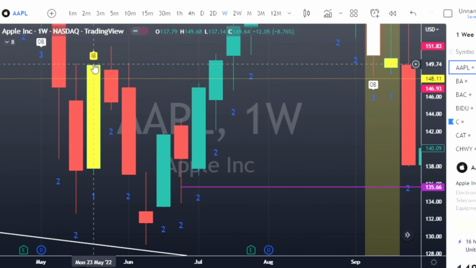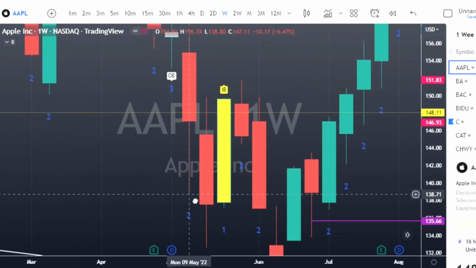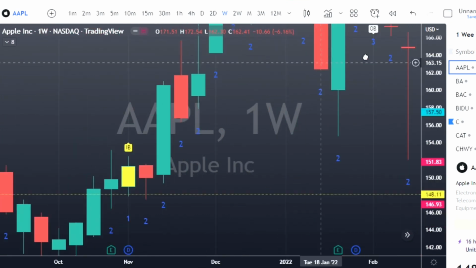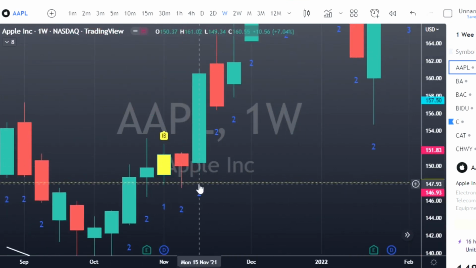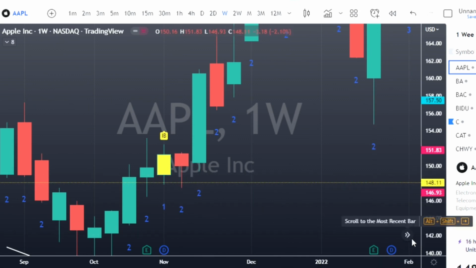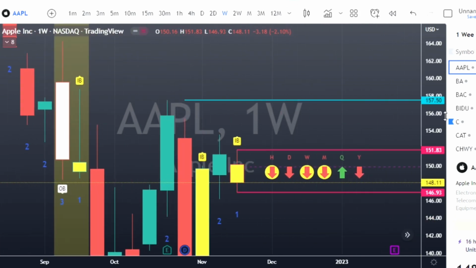So we triggered and we hit targets. And that's all we can ask out of the candles. If they're telling us where to trigger and they're telling us where to take our profit at the targets, then we can't ask for anything more than that. Now, this one triggered and we came down a little bit, and it probably would have been a losing trade if you would have jumped in on that. So it doesn't always work.